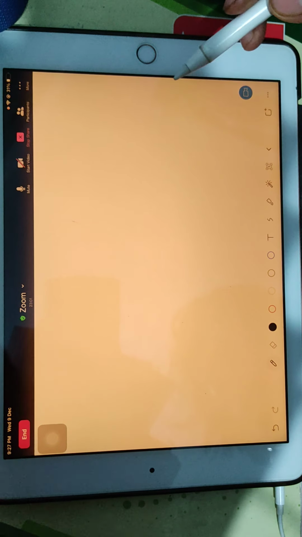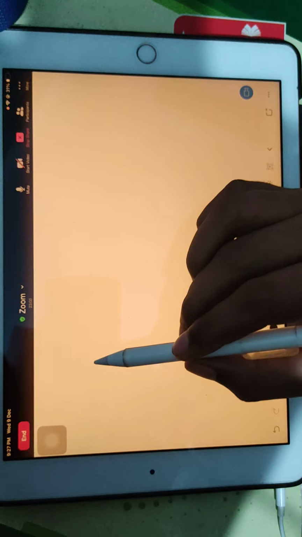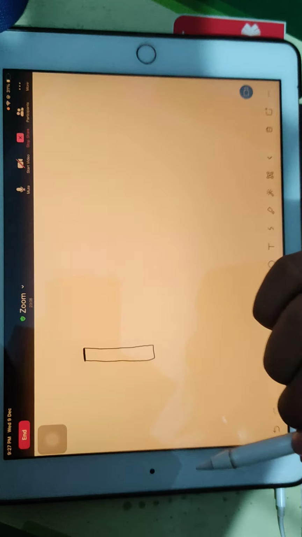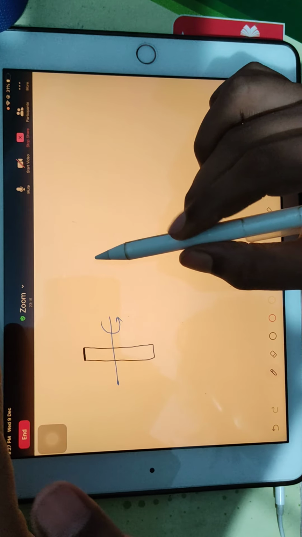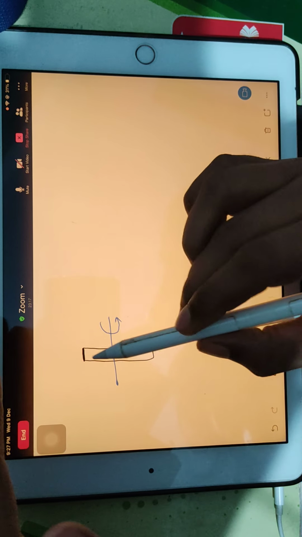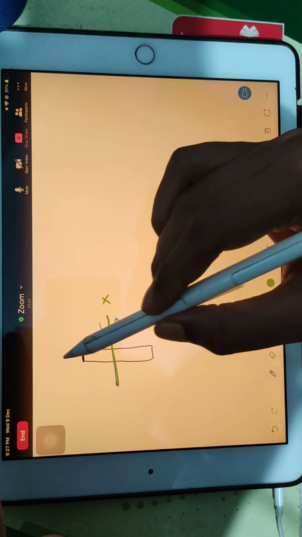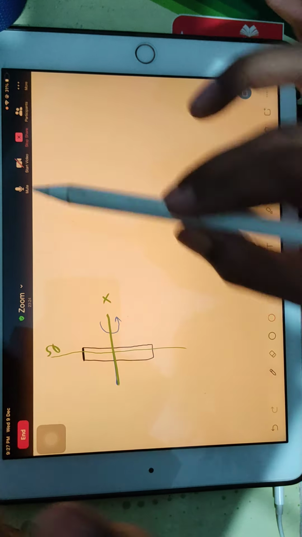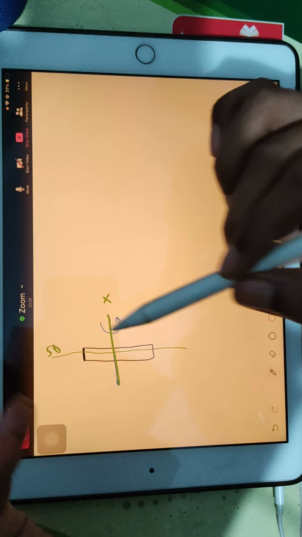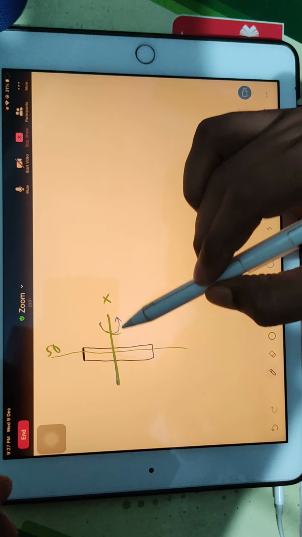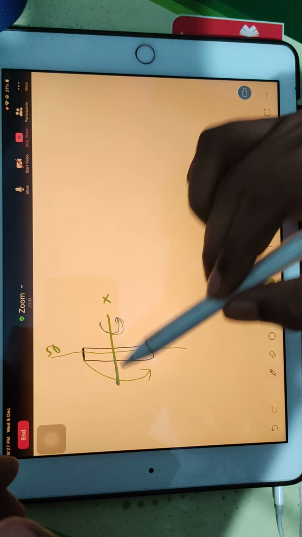But what kind of situation are we dealing with? Suppose you have this rectangle, and you want to rotate it about this axis. Then the simple formula: first you decide the axis system. Suppose this is your x-axis, this is your y-axis. Axis system done. Next you decide with respect to which axis the beam is rotating, or you want to rotate. I am considering the beam should rotate like this, means the cross section should rotate like this.